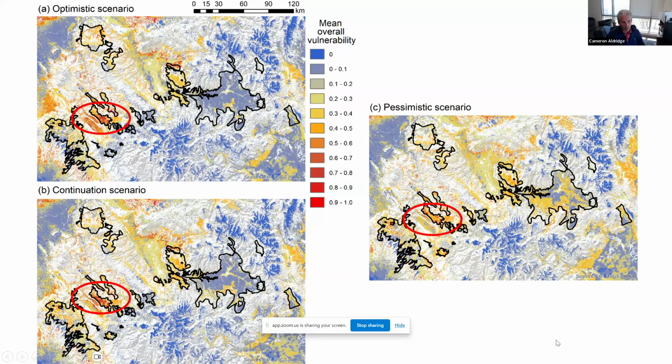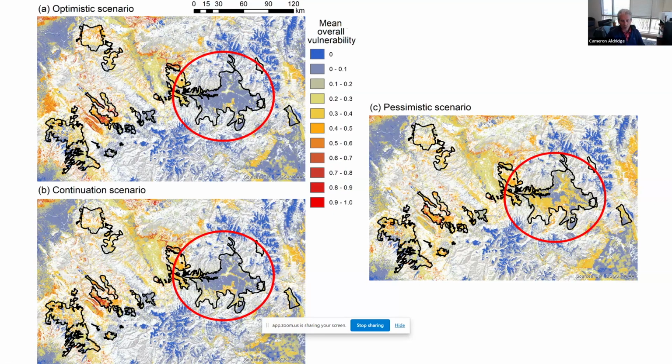Dry Creek of the San Miguel Basin population is heavily at risk as well. And this is owing to losses of sagebrush and high fire risk associated with this. What also draws attention is that overall in the optimistic and continuation scenarios, there's pretty low risk to the Gunnison Basin population, which is pretty positive and optimistic. If you look at the pessimistic scenarios there, that's where we start to see some things creeping in.